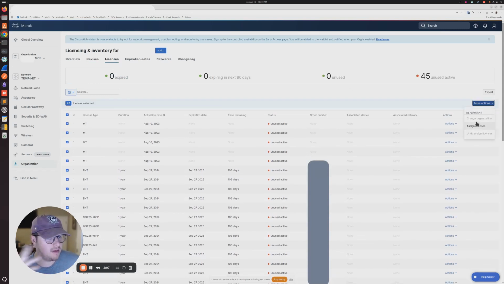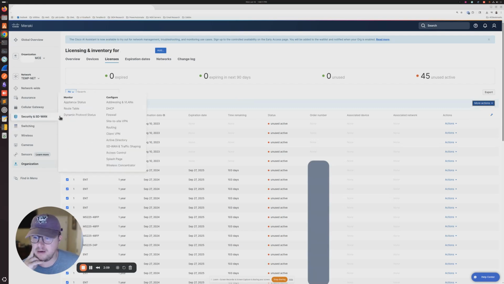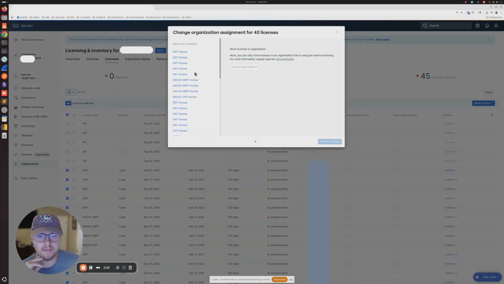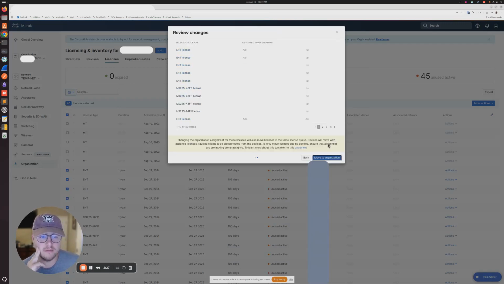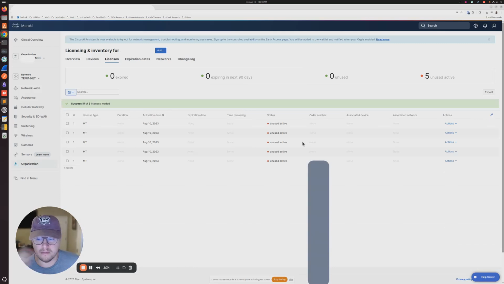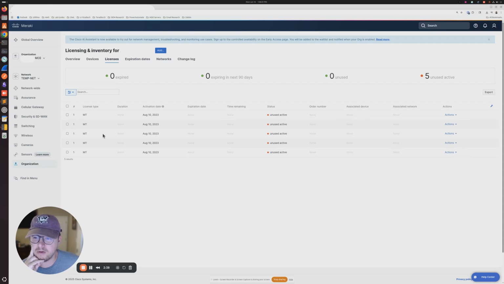It's still not letting us, yeah, I don't know what's going to happen there. Still not letting us move these MT licenses. I have no idea what that's about. I'm going to unselect those, and I'm going to move these other ones to another org that we have active equipment in. Okay, well, so that actually worked. For the MT ones,